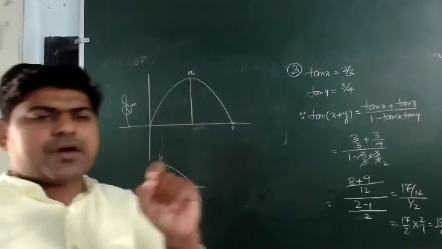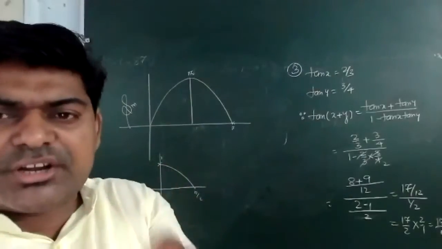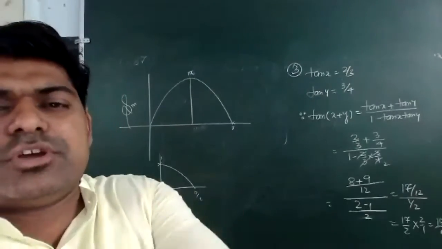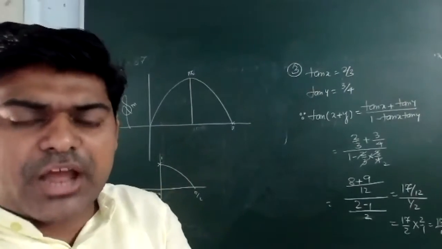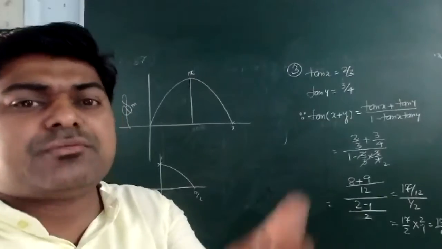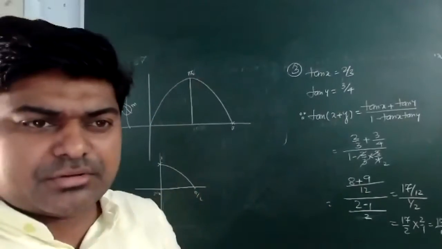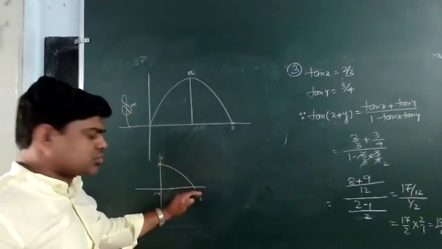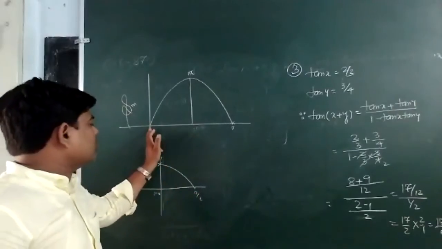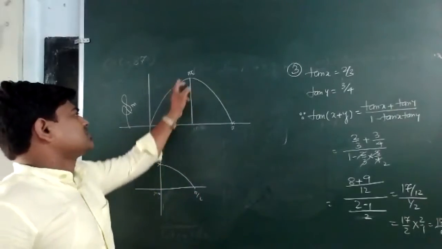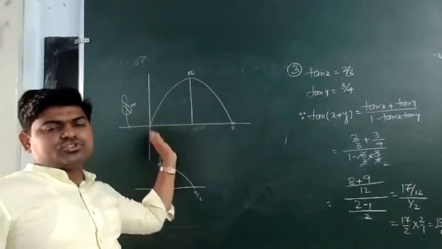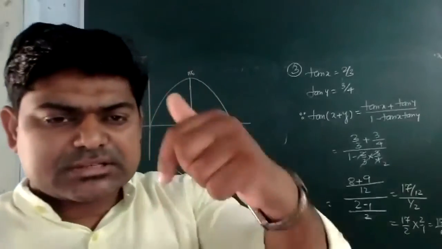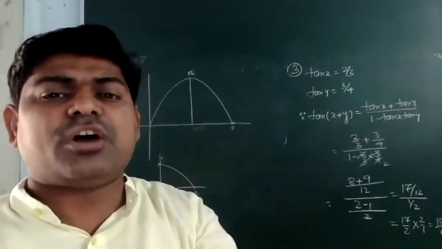It means, if I have two angles, one is 10 degrees and one is 20 degrees, the value of sin 10 will be less than the value of sin 20. But at the same time, the value of cos 10 will be more than the value of cos 20, because when the angle is increasing, the value of cos is decreasing. Here, when the angle is increasing, sine is increasing. So from 0 to pi, for an acute angle, sine will be in increasing form and cos will be in decreasing form.